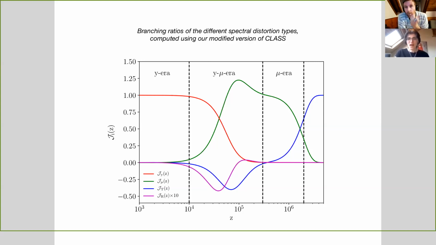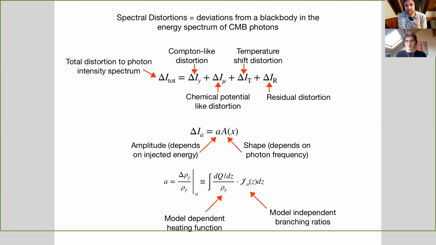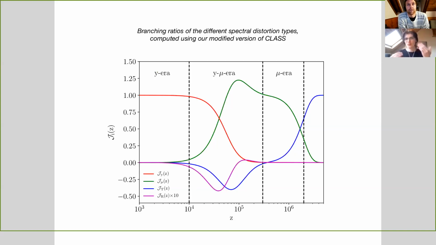Okay. And why does this have to add up to 1? Like, what exactly does it mean for a y distortion to be 1? So the reason it adds up to 1 is because we're looking at these deviations from the photon energy, and we assume that no distortions, or the perfect black body, is the best case. So in the best case scenario, you have a black body. Then any deviations are going to be changing this kind of budget equation. So it's always going to add up to 1. If you have mu distortions of 1, it just means that the only contribution is mu distortions and no other distortions. Oh, I see.